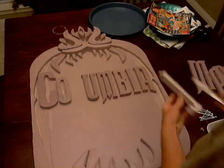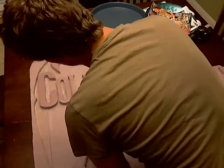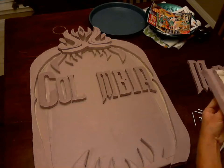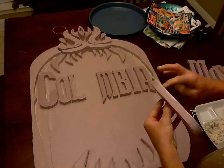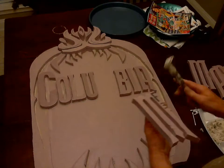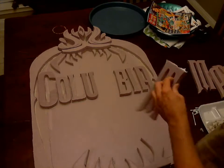Alright, in this tutorial I will be making a crest. These letters I traced out onto paper, and then traced onto my styrofoam, and then cut them out using a jigsaw. The font is called Ravenscroft, and you'll see at the end of the tutorial the website where you can